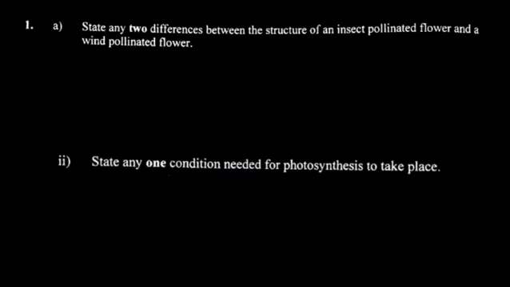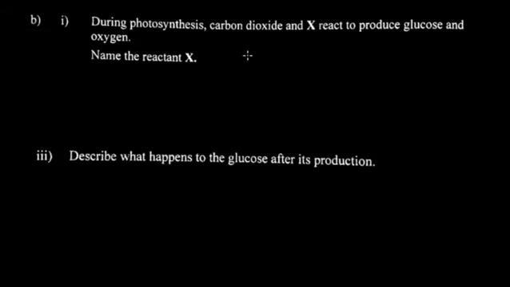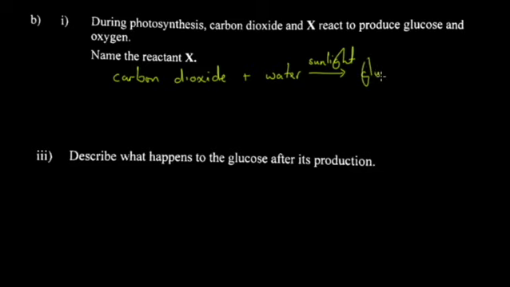What does it say? It says during photosynthesis, carbon dioxide and X react to produce glucose and oxygen. So name the reactant X. So let me actually write the word equation. So it's carbon dioxide plus what? Plus water. And then here we'll be having an arrow. This will be sunlight. Sunlight is the energy from the sun that fuels this reaction. So we get glucose